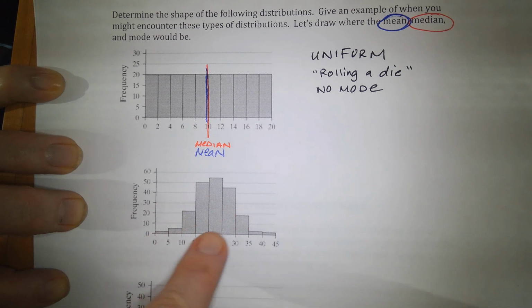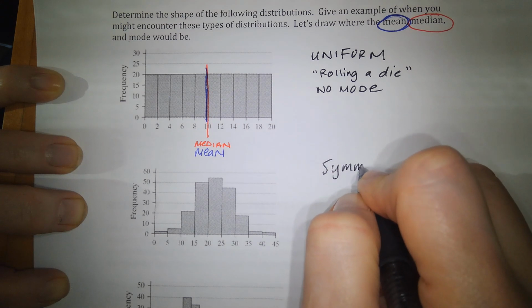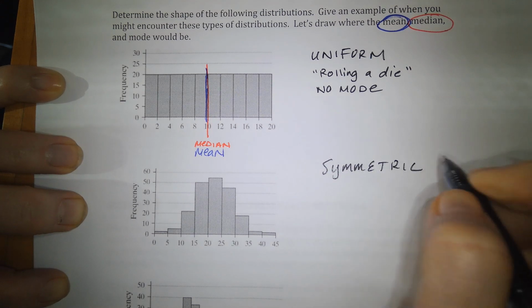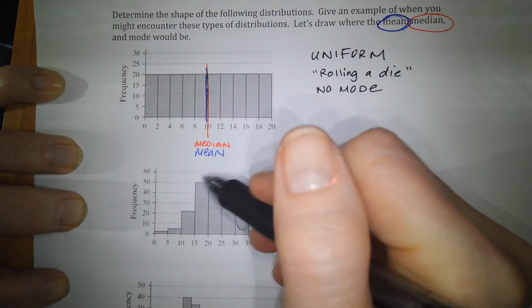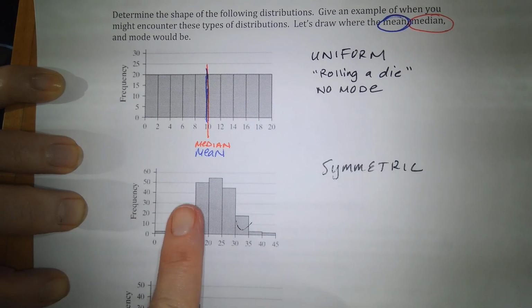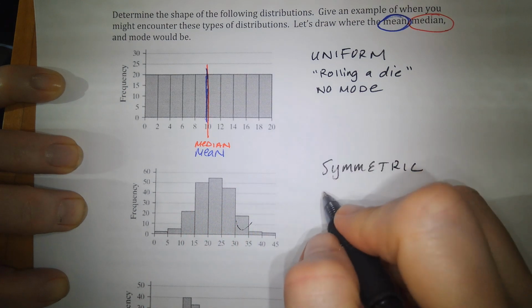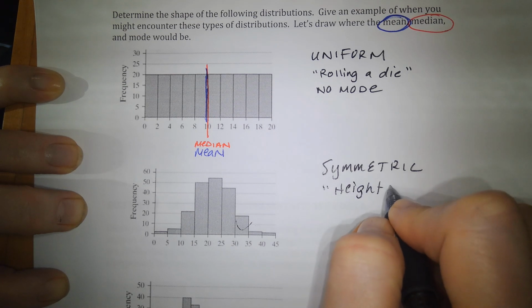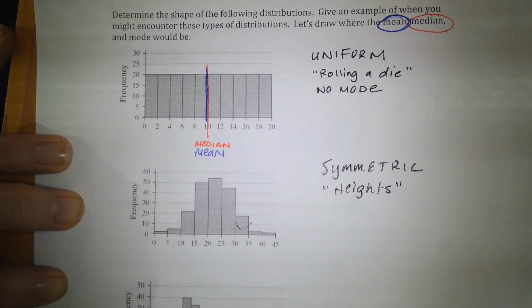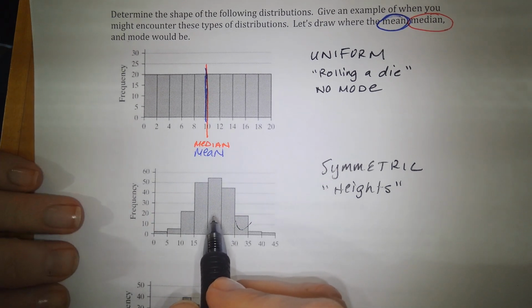Now for the next graph down here, this is also symmetric. This is what we're going to call a symmetric graph. It's symmetric because if I were to cut this down the middle, you can see that the right-hand side and the left-hand side are mirror images of each other. An example of this would be heights. If I measured the heights of every student in the classroom, most likely it would be symmetrically distributed like this,